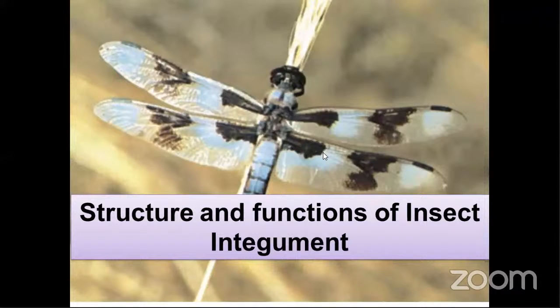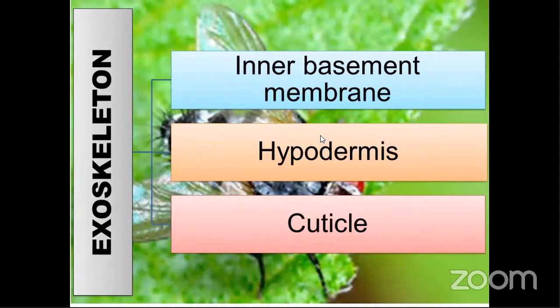It also protects against physical or mechanical injuries, and it gives shape to the insect body. Even in our own body, the body wall gives shape to human beings. Like that, in insects it provides shape and strength. Okay, so this integument, exoskeleton or body wall consists of three